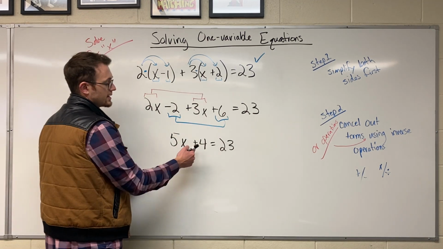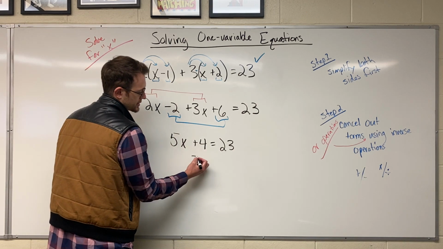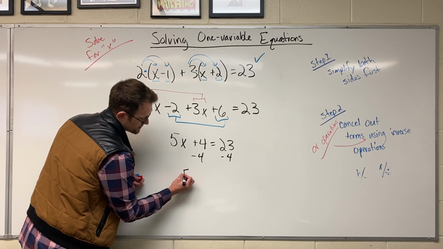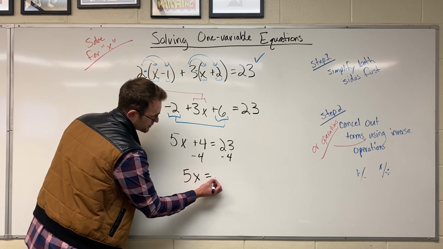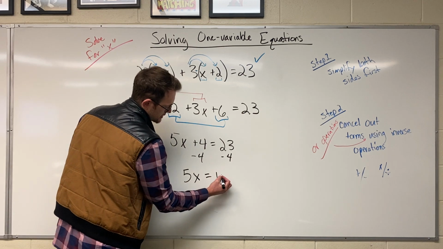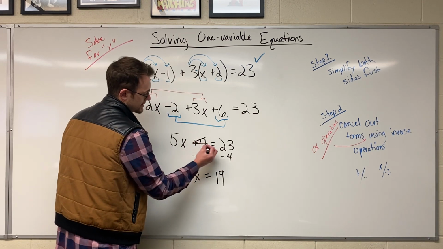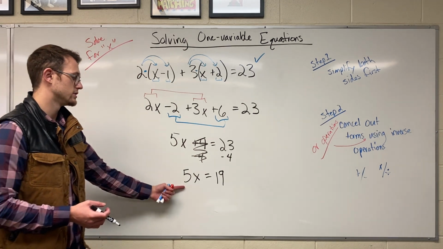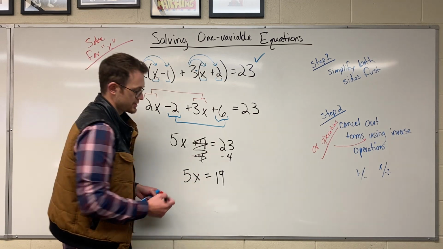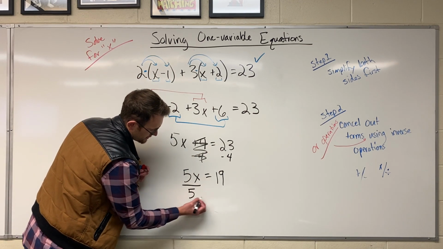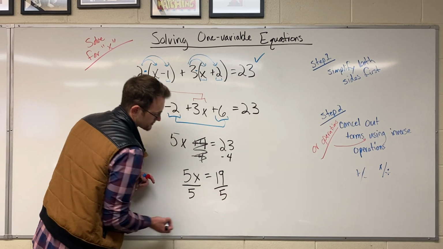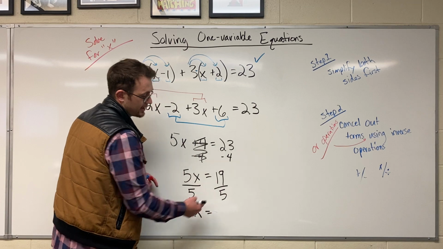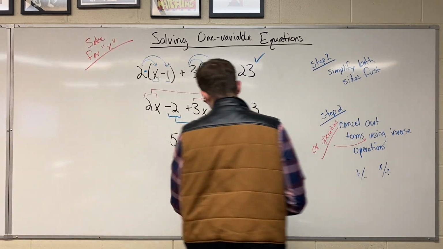All right. Now I need to cancel out addition with subtraction. Minus 4. Minus 4. All right. So I get 5x equals 23 minus 4 is 19. That's gone. I cancel it out. Very last step. How do I inverse multiplication? With division. Divide by 5. All right, and I get x equals,